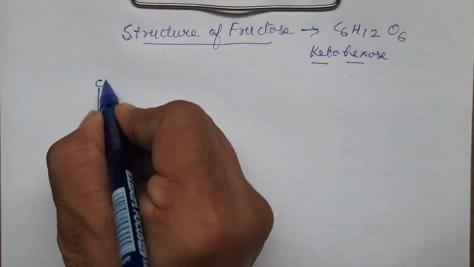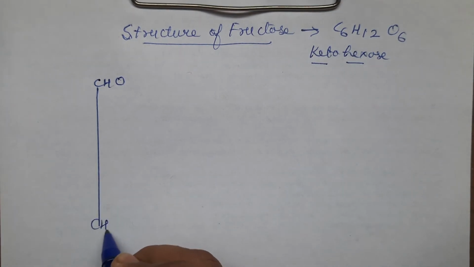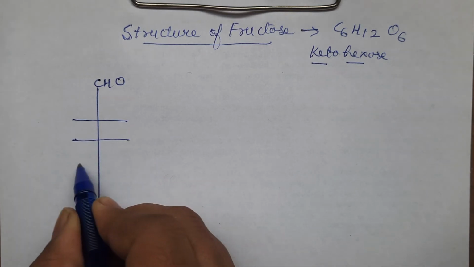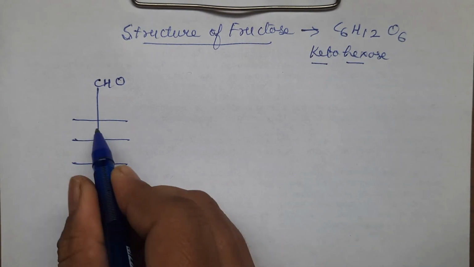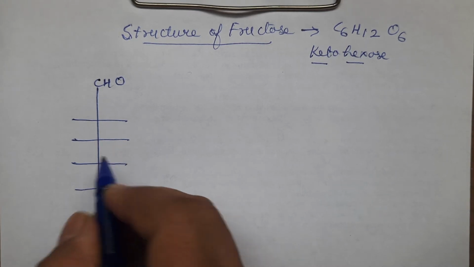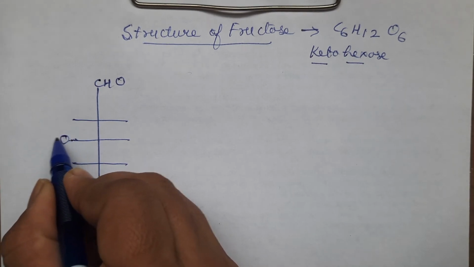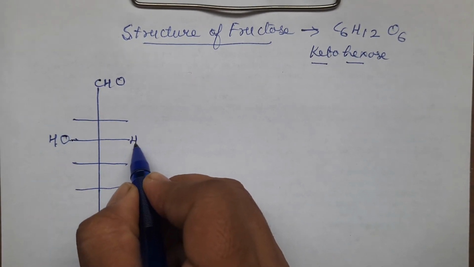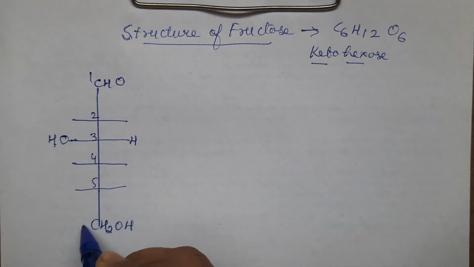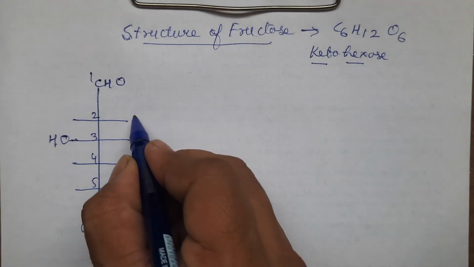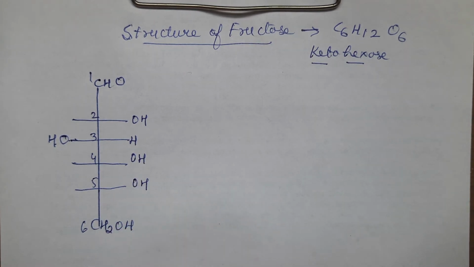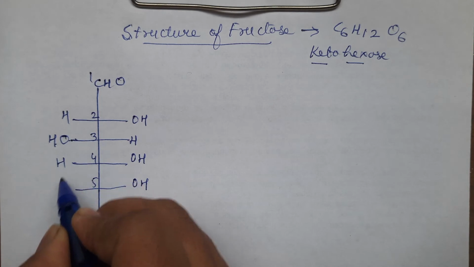On the top, children, we were drawing CHO. At the bottom, we were writing CH2OH. Then I told you, you have to draw 4 lines in the center, and on all these 4 lines in the center, there is a cross. Here there is one carbon atom. And on the third carbon atom, we have drawn OH on the left, H on the right hand side. We can number the carbon atoms 1, 2, 3, 4, 5, 6, right? And all the rest of the OH we have drawn on the right hand side, and all the left sides we have drawn H.